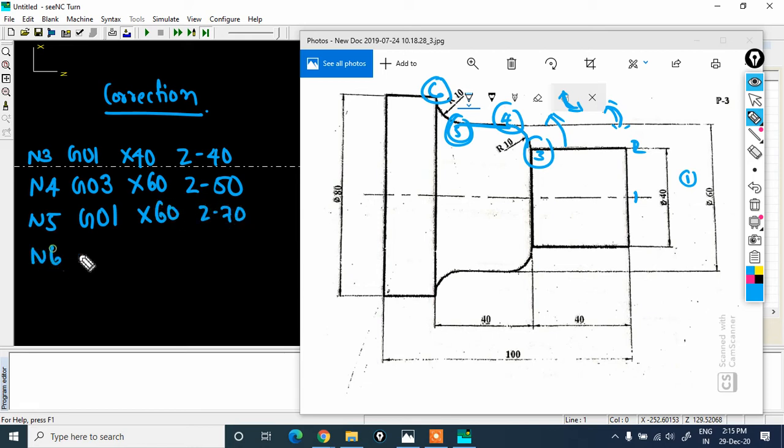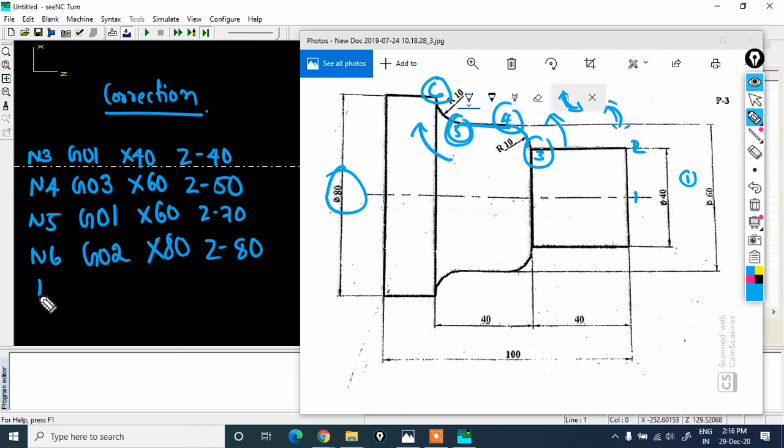For N6, if you see the direction in this form, this is a clockwise direction. For that I will use G02. X will be the complete diameter 80, followed with Z minus 80.